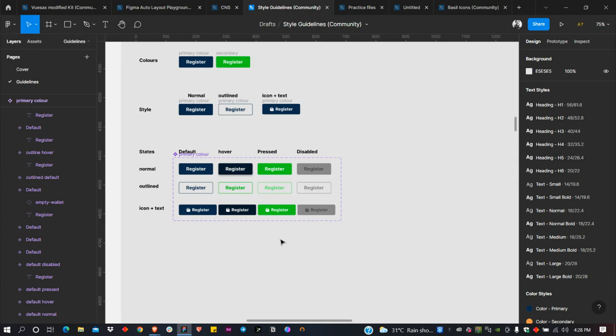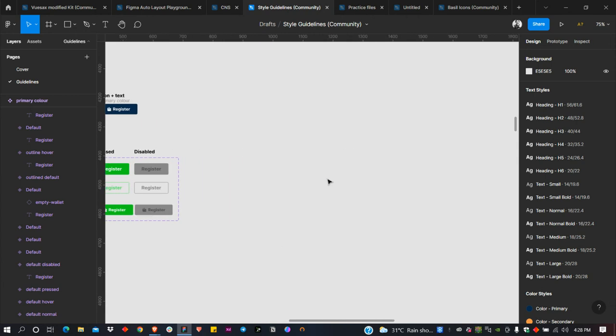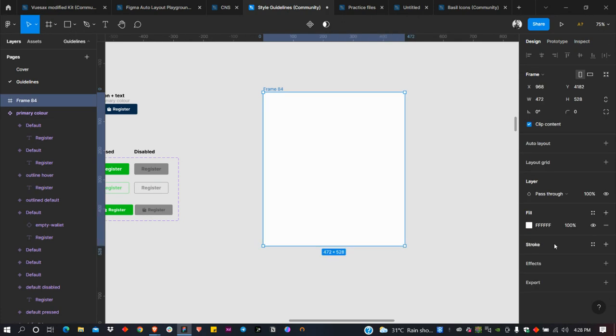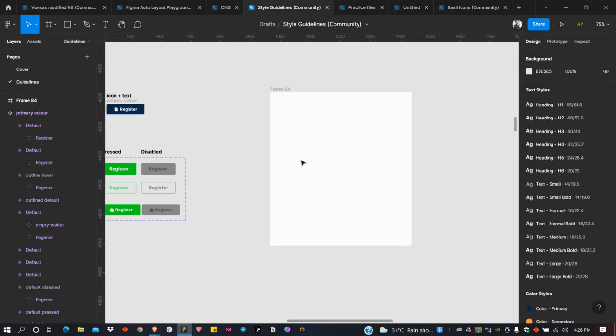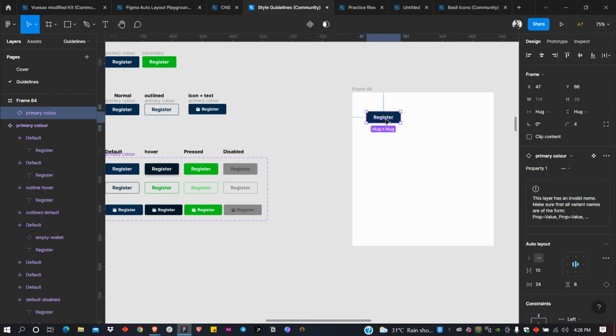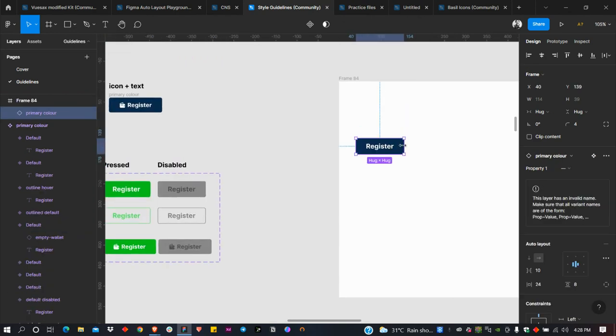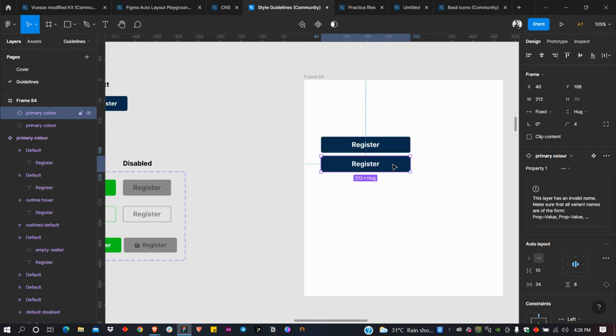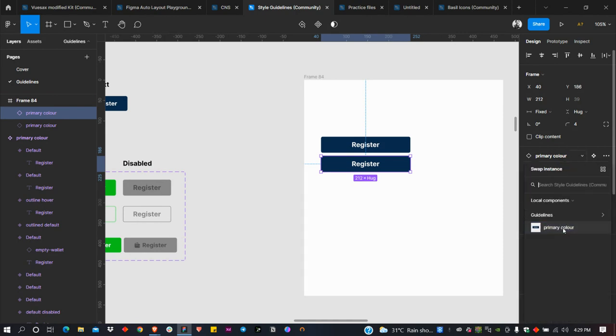Okay, so let me just show you an example of where you can use this. So let's say I am working, I have a frame, and I'm trying to use any of these buttons, for example. I'm using this button somewhere. All right. And I decided, oh, do you know what? I think I don't want to use this button. I want to change it to, I want to use a secondary button here. I want to use a secondary button under here. Then you can easily come here and